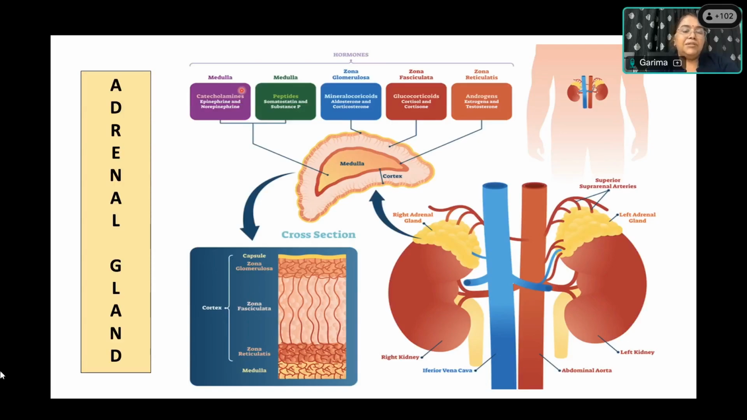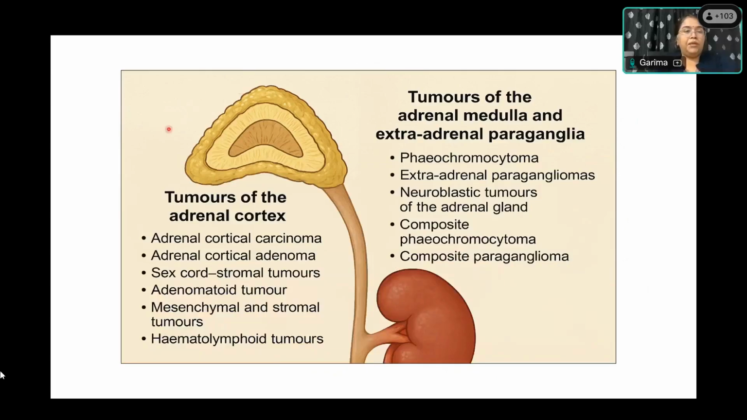Forget about the age. Any common tumor which arises from adrenal medulla? Carcinoid, ma'am? No. Adrenal medulla. In children, any... Neuroblastoma. Neuroblastoma, right? So these are the tumors which you expect from adrenal cortex: cortical carcinoma, adenoma, sex cord